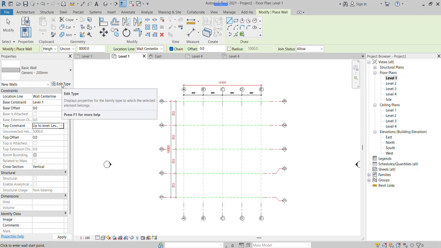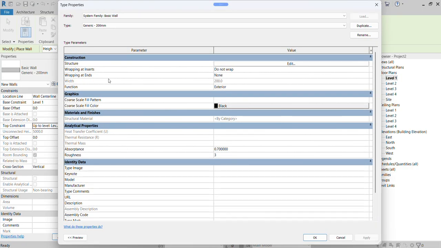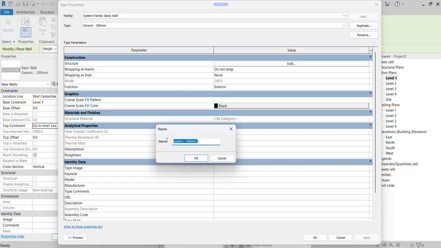At the same time I can go back to my edit. I can go to choose my duplicate. The family is the system family basic wall. You can go to choose your duplicate, and here, for example, I will create the external wall, EX, WALL, slash, I can make it 001,